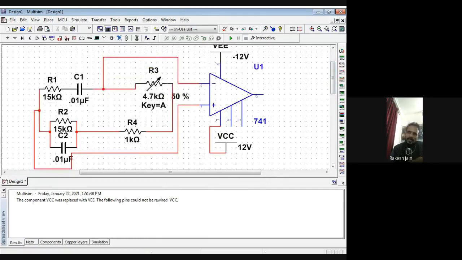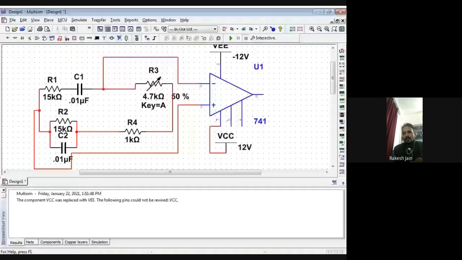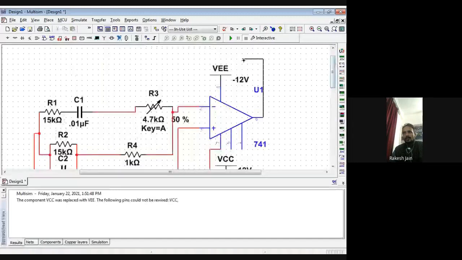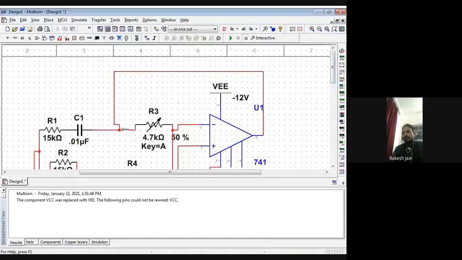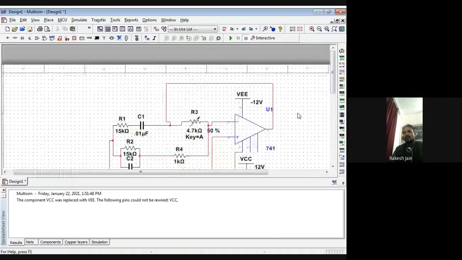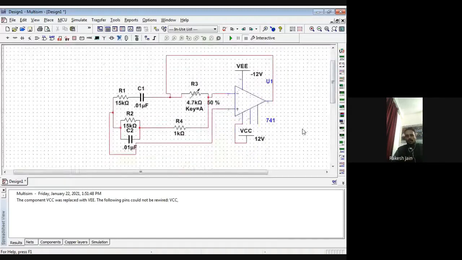The output will be taken, but feedback is such that the 6 number pin is connected at the series combination. Wait, this is connected with the 6 number. I just removed this one because 2 number pin is connected here actually in that diagram as I saw, and this 6 number pin is connected at this side. Now you are able to see the complete diagram.